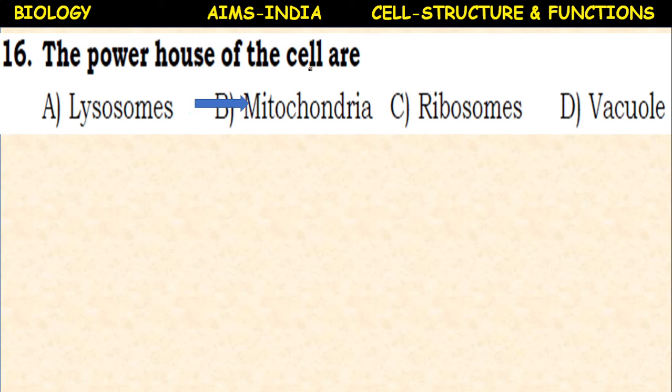Mitochondria. These mitochondria are called bioplasts. They are the powerhouses of the cell. The energy in the form of ATP is produced by the oxidation of digested food materials which reach the cell. In the presence of mitochondria, the enzymes present in the mitochondria participate in the oxidation and release energy. In which form? In the form of chemical energy, that is ATP, adenosine triphosphate. Hence mitochondria are called the powerhouse of the cell.